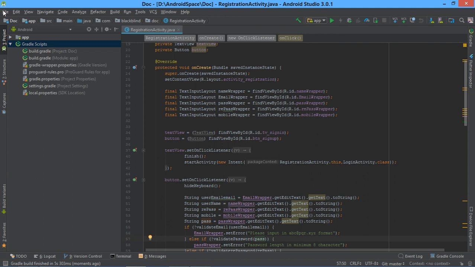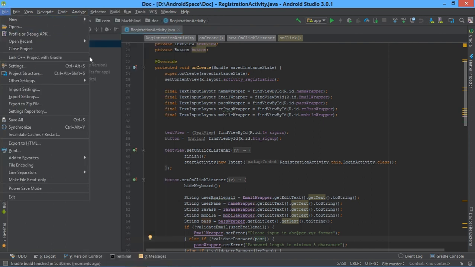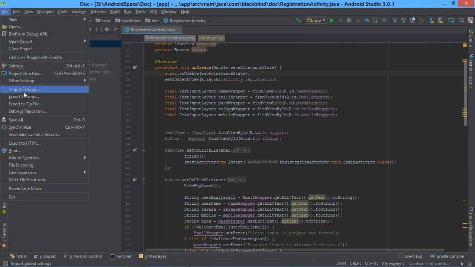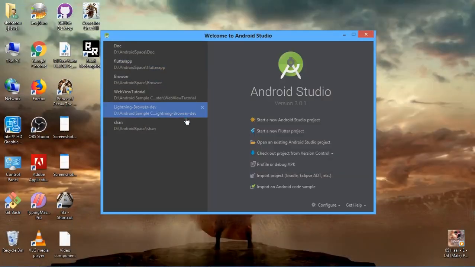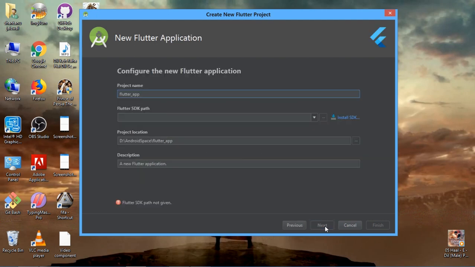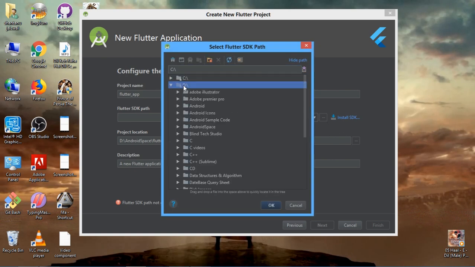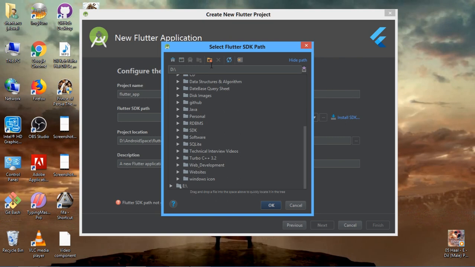So you can click on File, New and New Flutter project, or you can also go through it: first of all close the project and start a new Flutter project. Click on Flutter application, next, install SDK. So you have to choose a path where to install your SDK. So click here, I want to install my SDK in D drive, D and new folder